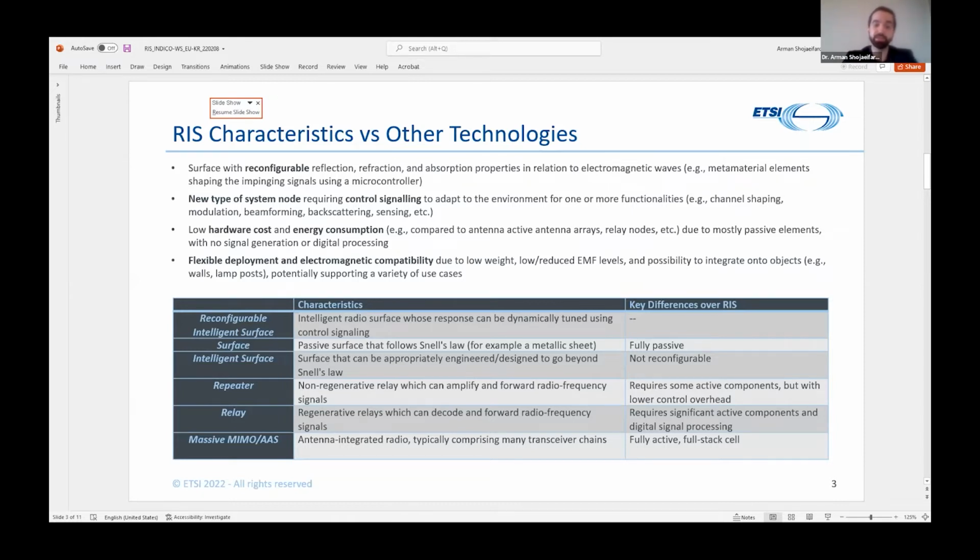And this in turn results in RIS being potentially more favorable in terms of weight, power consumption, and ease of deployment. And these characteristics really set RIS apart from your conventional deployment solutions, including repeaters, relays, and fully stacked cells.